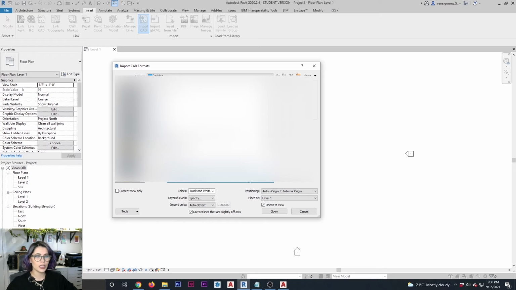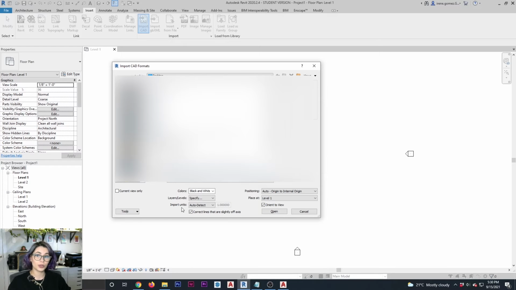The next option is one of the most important ones. Import units. So again, you don't have these problems so much when you're working from AutoCAD to Revit because both of them belong to Autodesk, and therefore they have both been designed to be compatible with each other. In other words, Revit does a pretty good job at reading the unit system that your CAD file is working on and converting it to whatever your Revit file currently is. But there will be exceptions.